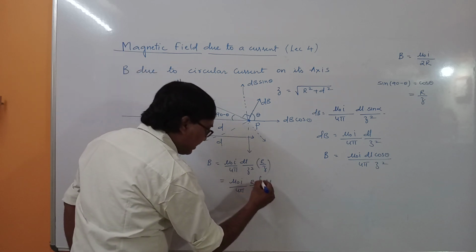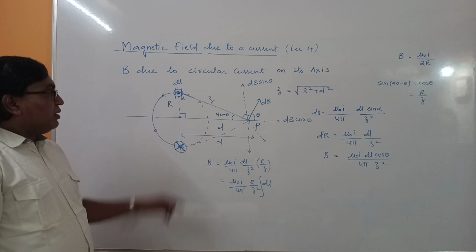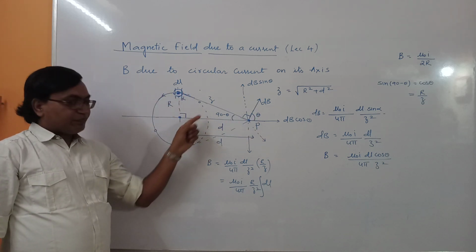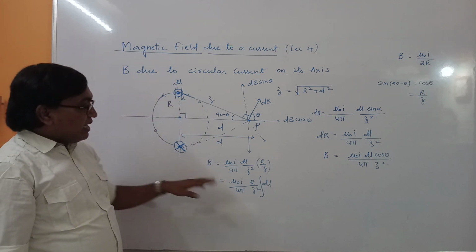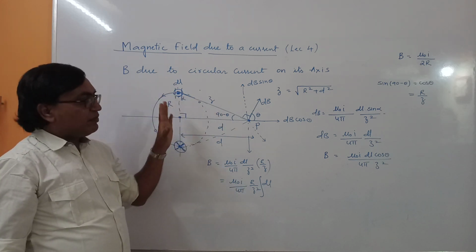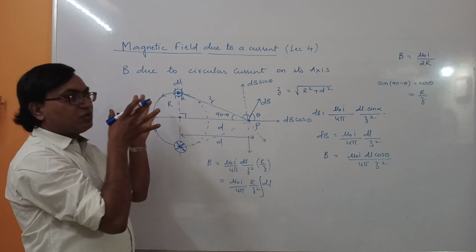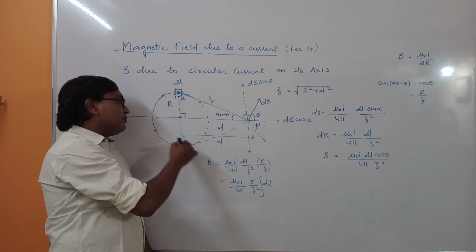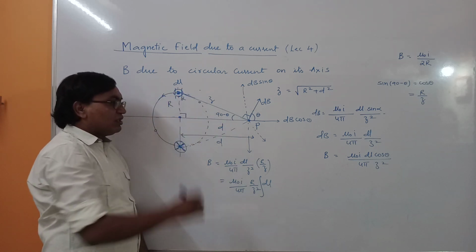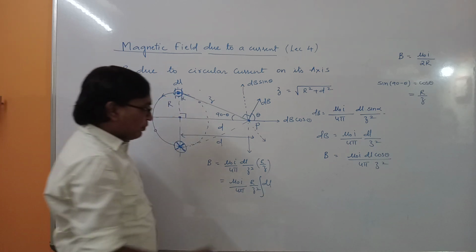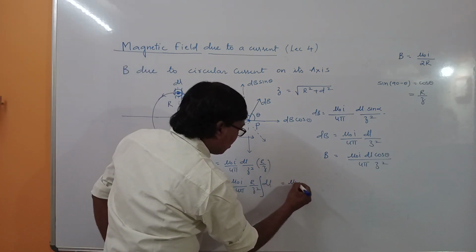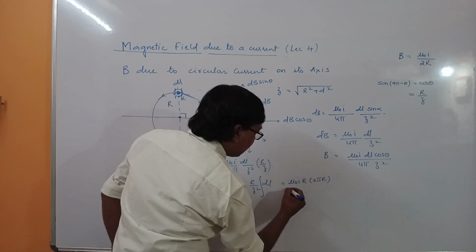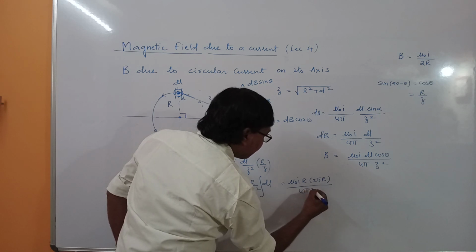So now we have to integrate this dl element. So we will be adding all the magnetic fields due to all the elements. Now if you take all the elements here, Z is constant everywhere. From anywhere you take, Z will be constant. So it is forming a cone. So dl is nothing but the total length, all the elements on this length, and that is nothing but 2 pi r. So this will be equal to mu naught I r, with dl as 2 pi r, upon 4 pi z square.